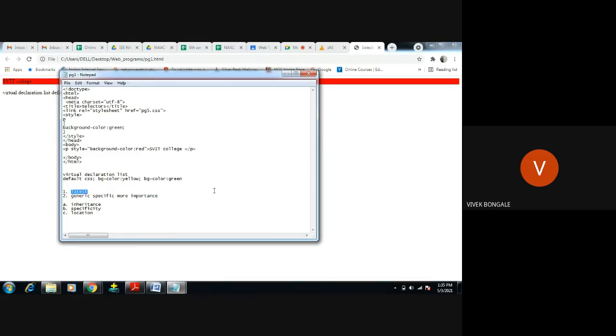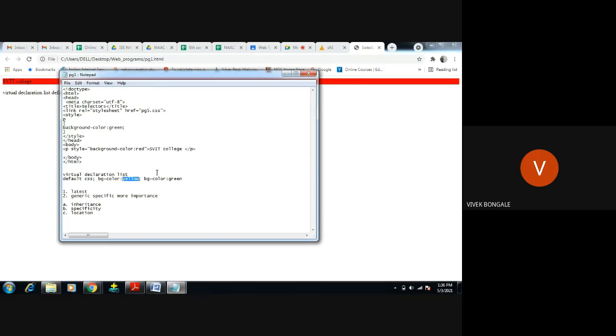And the browser will maintain for each HTML tag, what? A virtual declaration list. See, earlier if I used in external style sheet, what is the color? Color is yellow. If we use the inline, now this has been changed. Okay, this changed to what? Green. Next I used inline. Now again the background color has been changed to red. Right? This virtual declaration list will be changing according to the program, according to what code we are going to use latest in the web page.